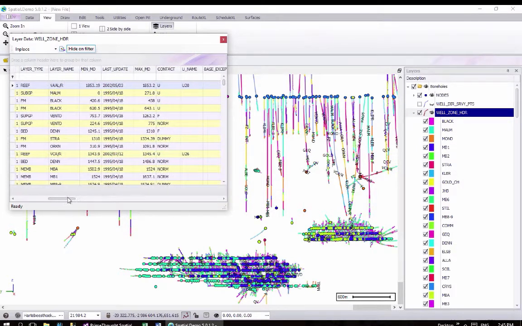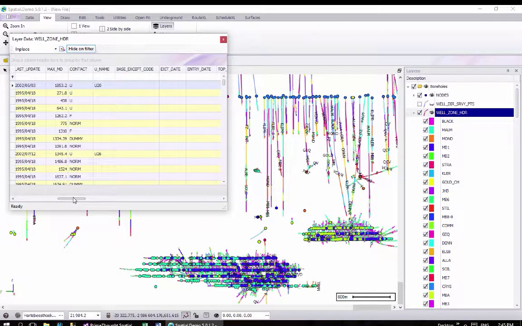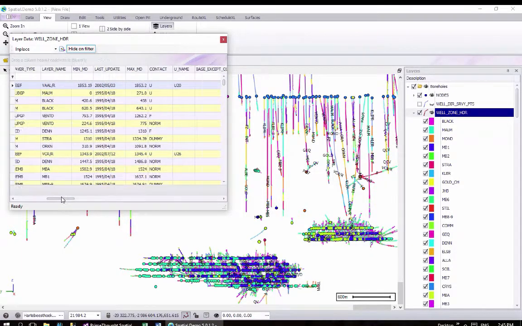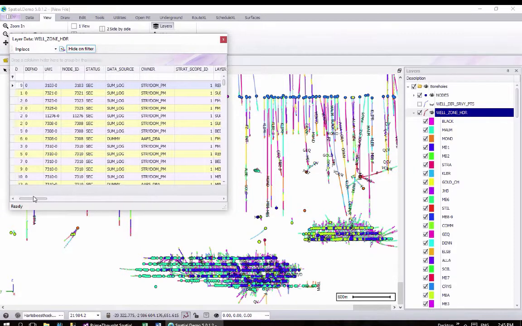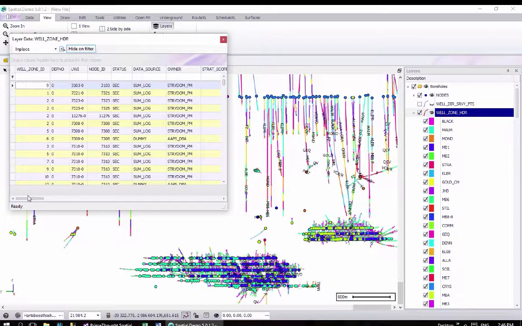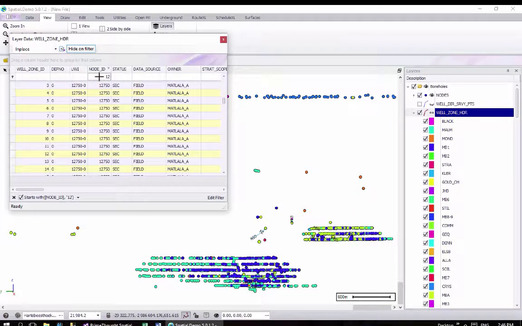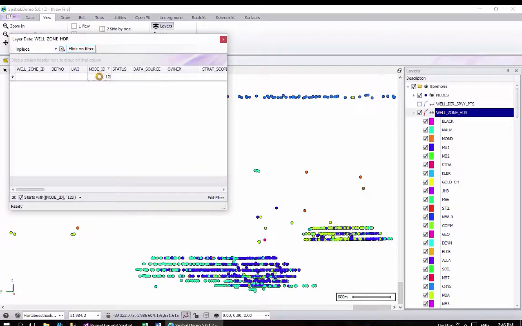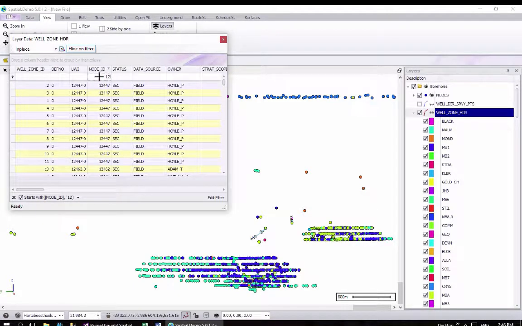Let's look at something else we could filter on. If we want to look at a particular node, we can just type in its ID here. Say it's 1, 2, 3. And as you see there, there's only 1, 2, 4, 4, 7. Those are the particular nodes that start like that. You notice how they all disappeared as I typed it in, and when I clear it,